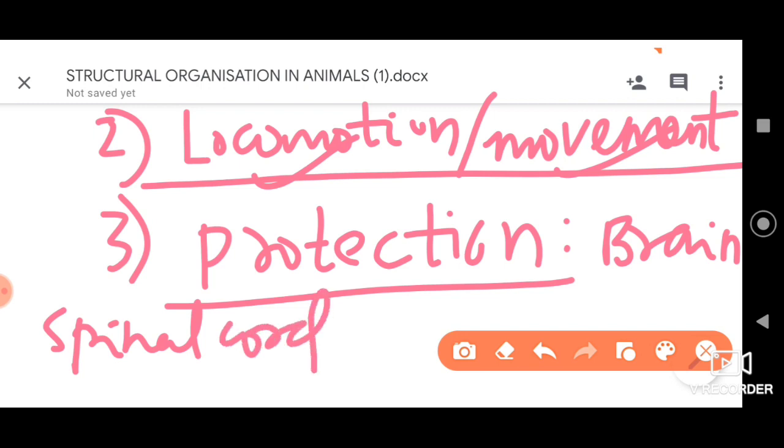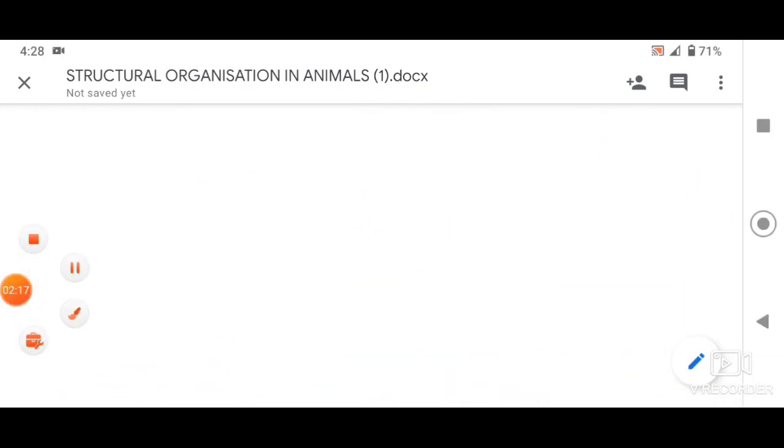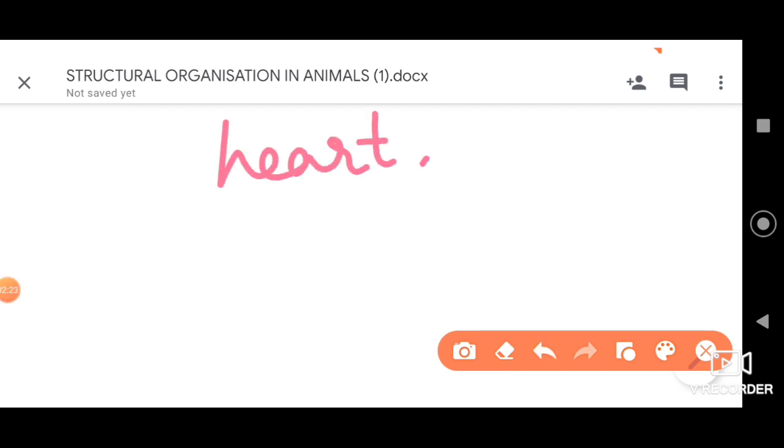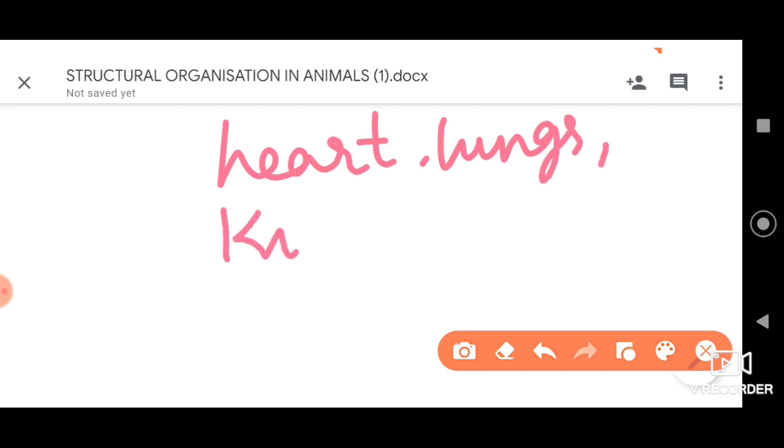The brain and spinal cord are kept safe from injury because of the protection provided by bone tissue. In addition to this, bone tissue can also be seen protecting the heart, lungs, kidney,